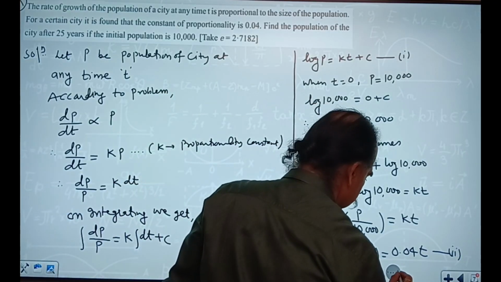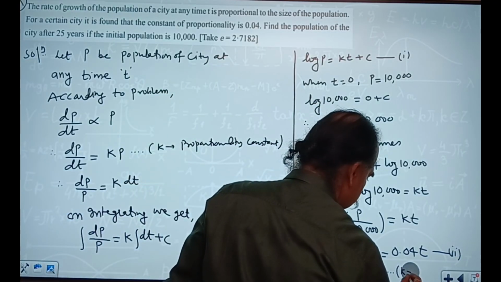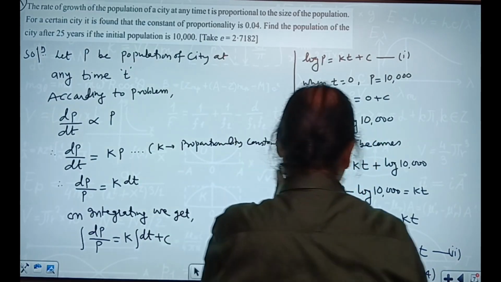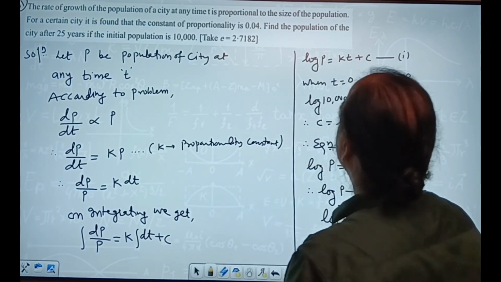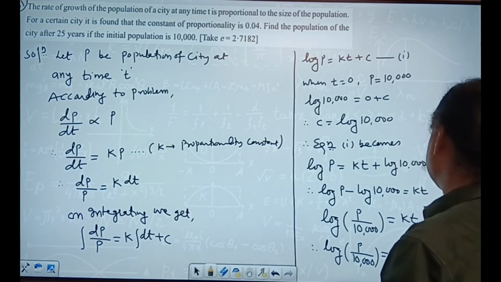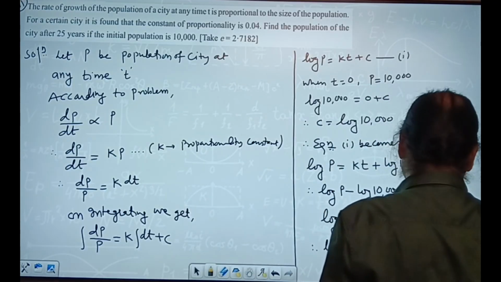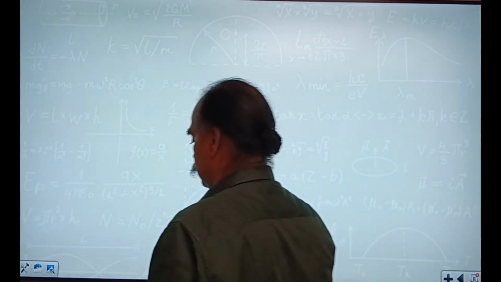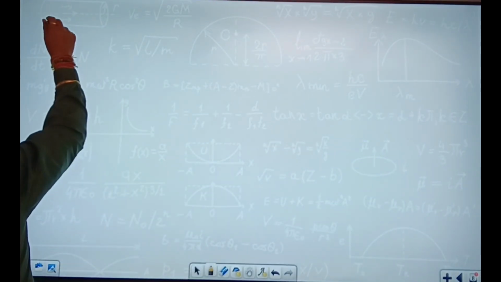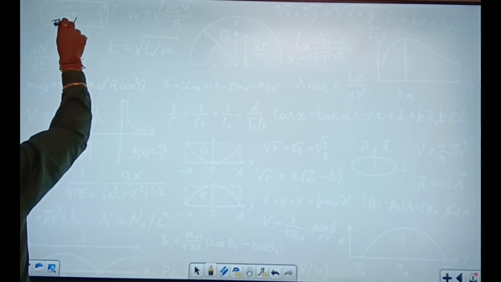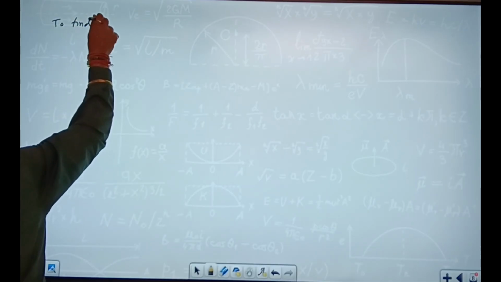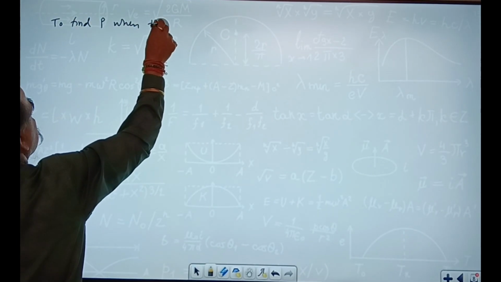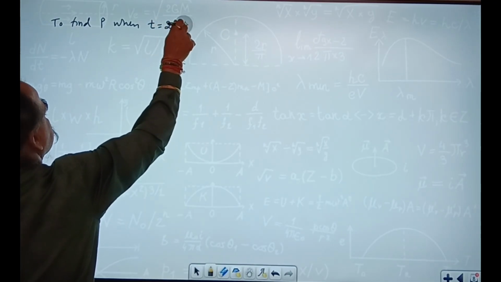Since K is what? So now what do they want? Find the population of the city after 25 years. When T is 25, we have to find out P. To find P when T is 25 years,